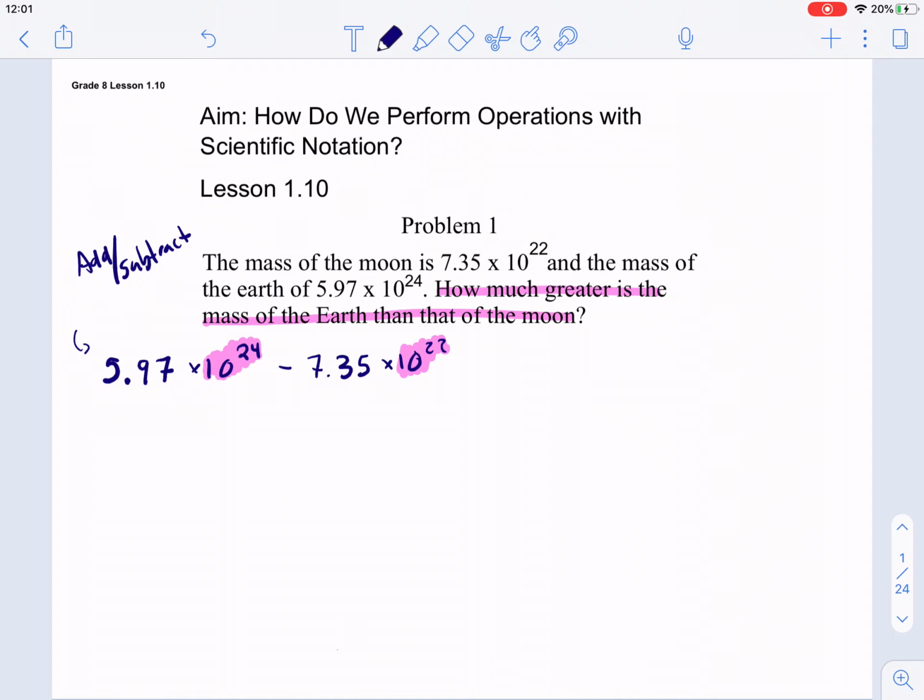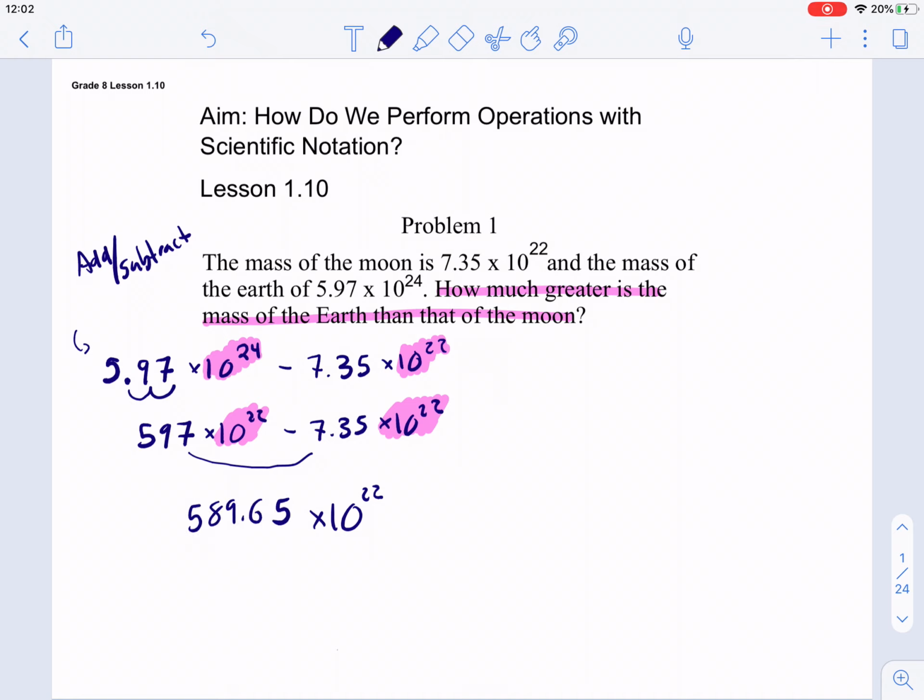I'm going to change this first one because that's the first number that I see. If I want to change this 24 into a 22, I have to move my decimal 2 places to the right. So I get 597 times 10 to the 22nd minus 7.35 times 10 to the 22nd. Now, since the exponent with my 10 is the same, I'm going to have that as part of my answer, and I can just subtract 597 minus 7.35, and that gives me